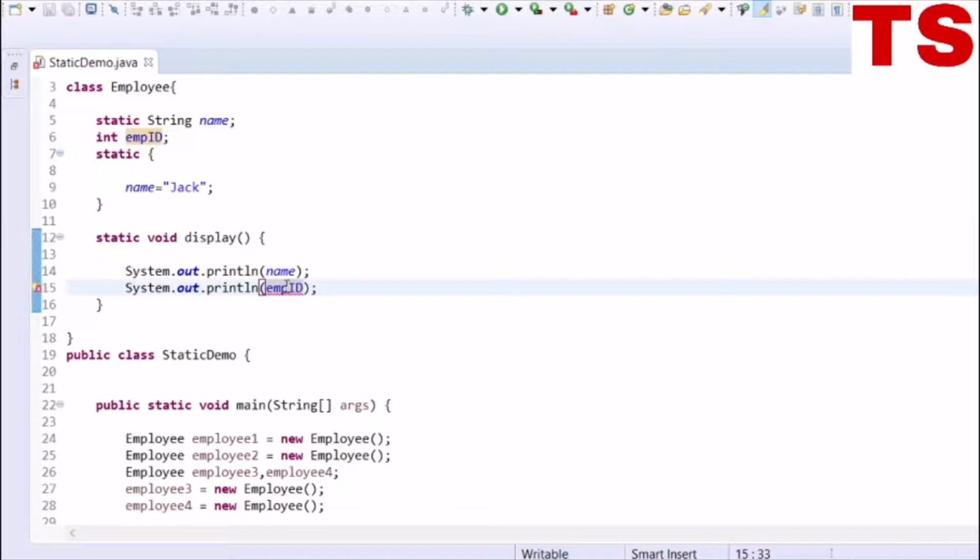Here you cannot access the non-static variable in a static method, and the compile time error says that you cannot make a static reference to a non-static field employeeID. In this case, to access the employeeID, you need to create the instance of the Employee class, and using that instance you can display the employeeID.